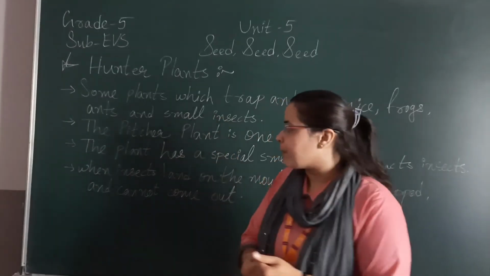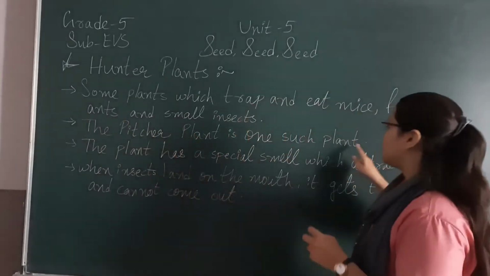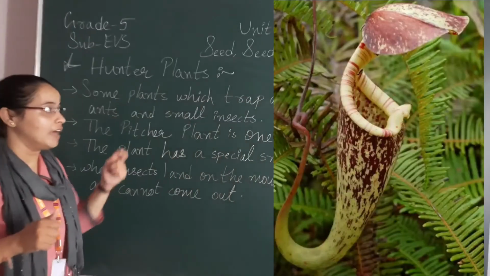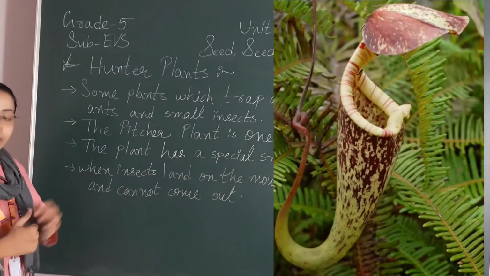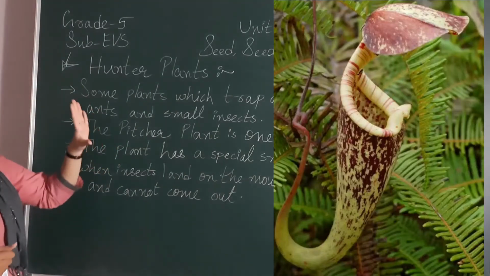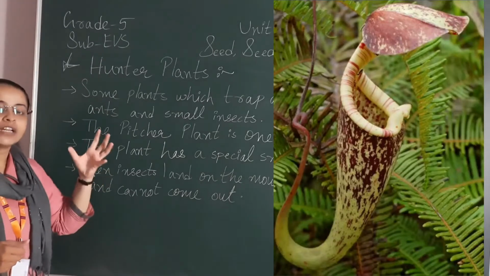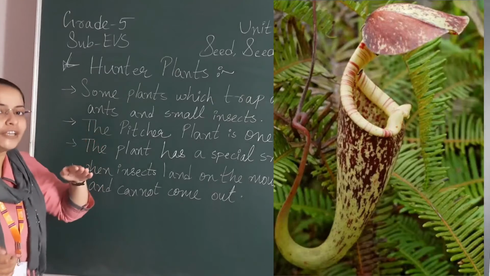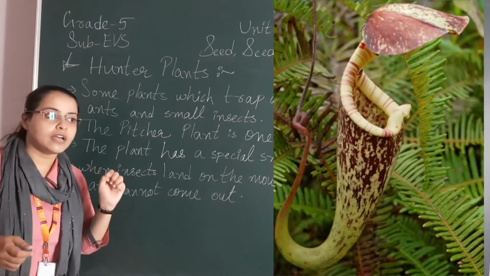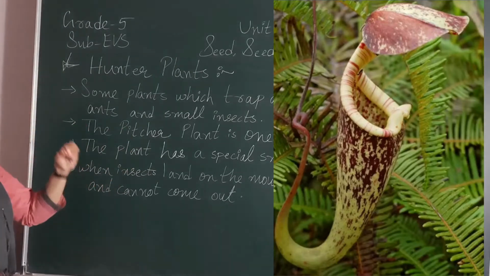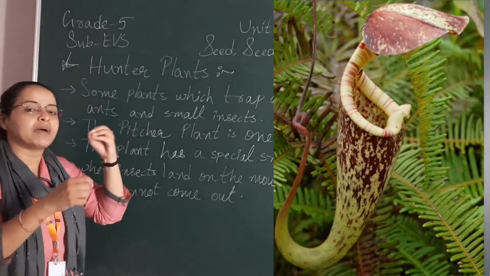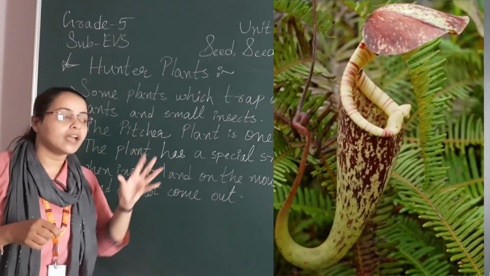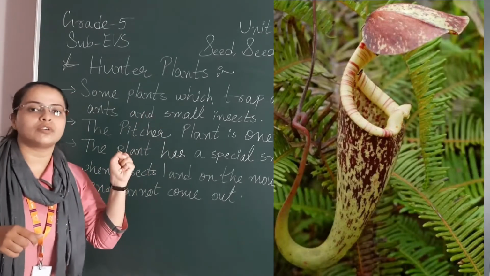So how does it happen? The pitcher plant is one such plant. Let me show you the photograph of a pitcher plant. This is a picture of a pitcher plant. Here you can see कि उसका जो shape है, एक छोटा सा plant है, but the mouth is covered with a leaf. Whenever any insect or any frog or someone is coming near the plant, he directly opens the leaf, the mouth, वो अपना माउथ ओपन करते हैं and they are trapping, वो फटाफट से उनको ट्रैप कर लेते हैं.